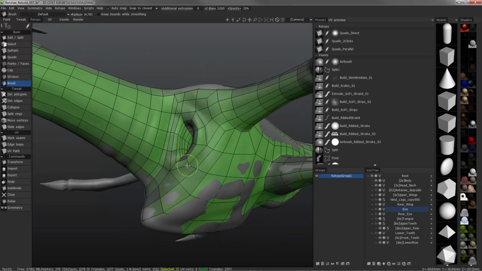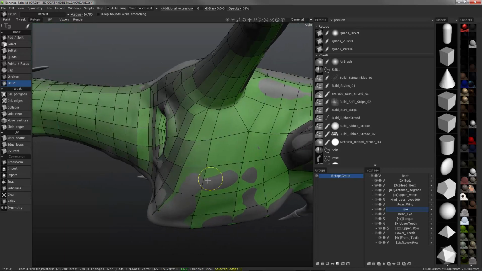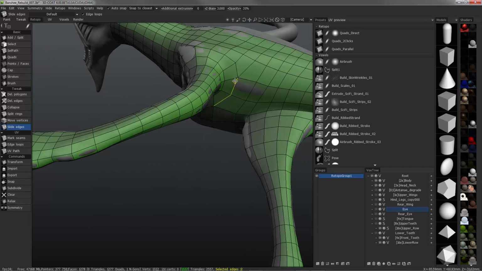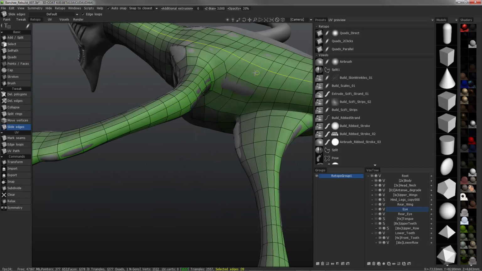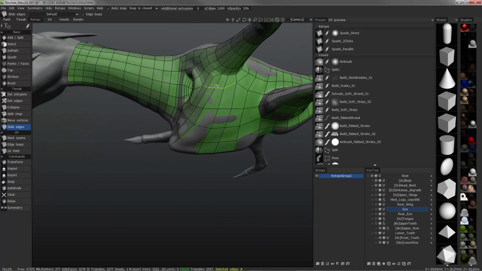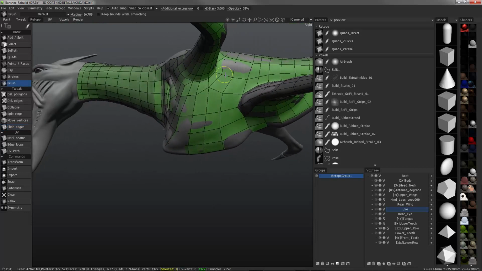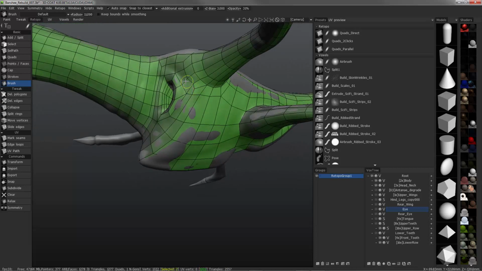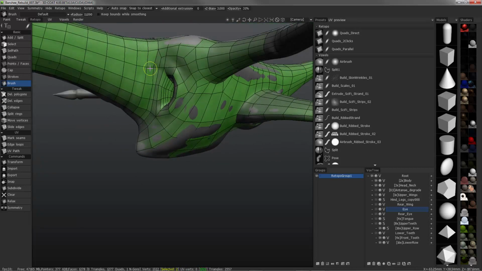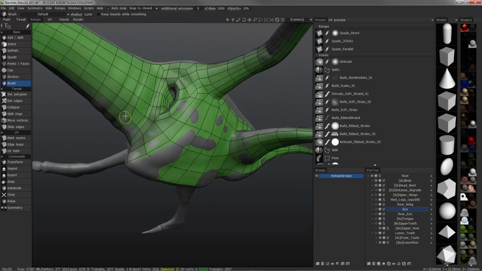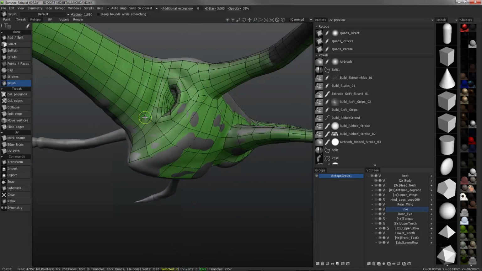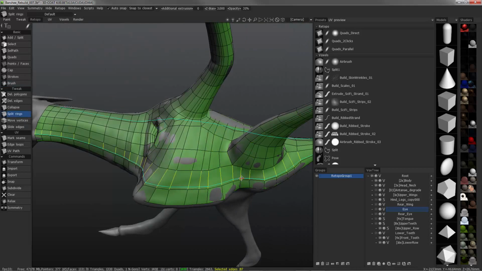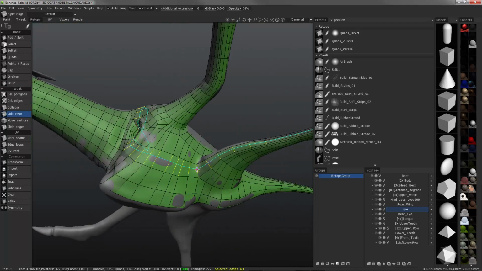Nudge those into place with the brush tool again. With the Slide Edges tool, I can slide entire edge loops by holding the Control key. At this stage, I'm just going to add a few minor tweaks by using the Split Rings tool to add some additional edge loops where I think I need them, and just do a little bit more nudging with the